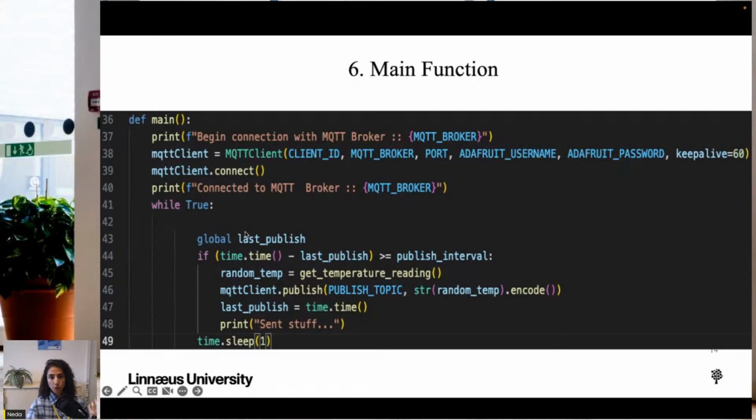Runs indefinitely because while is true, and then we set here the global last published statement. This global variable declares that the last published variable is global and allows the function to modify the variable defined outside the function's scope, as we learned what the global variable is. And then after that, inside the while loop, we have an if statement that checks whether the time difference